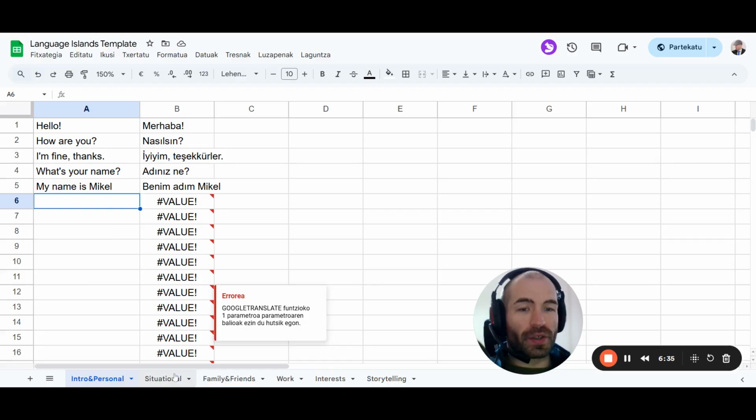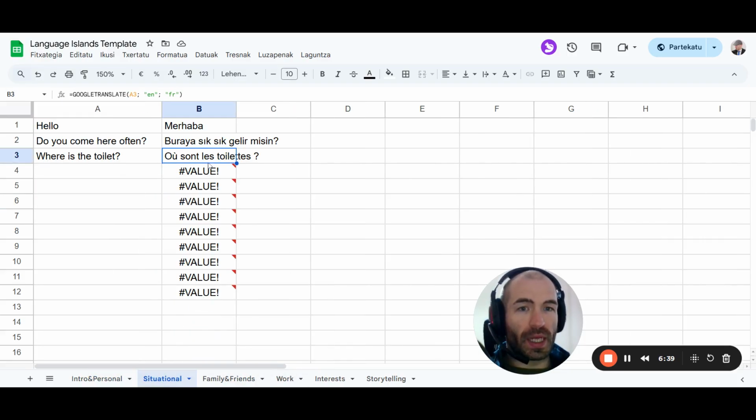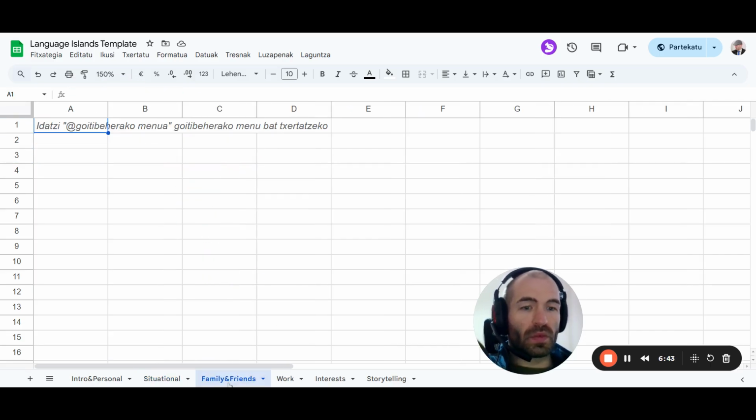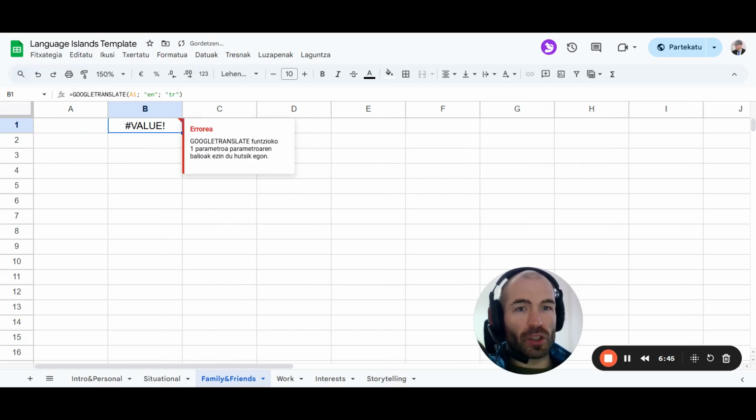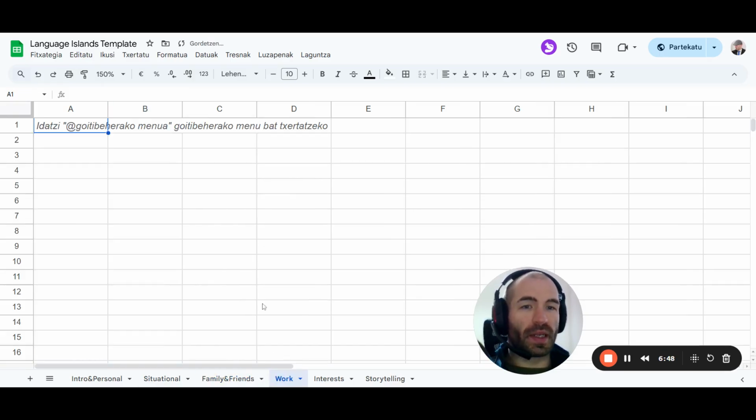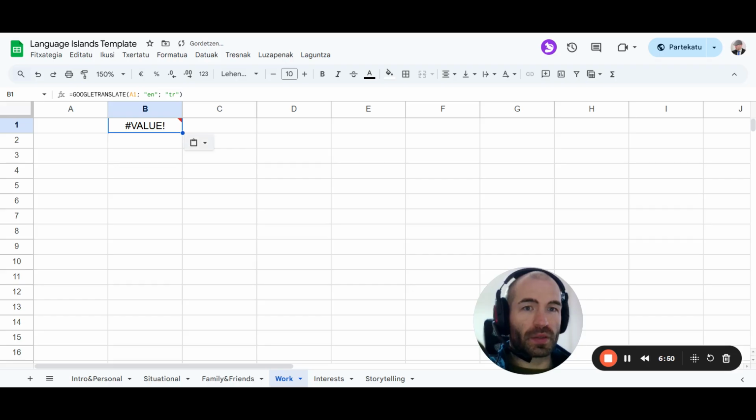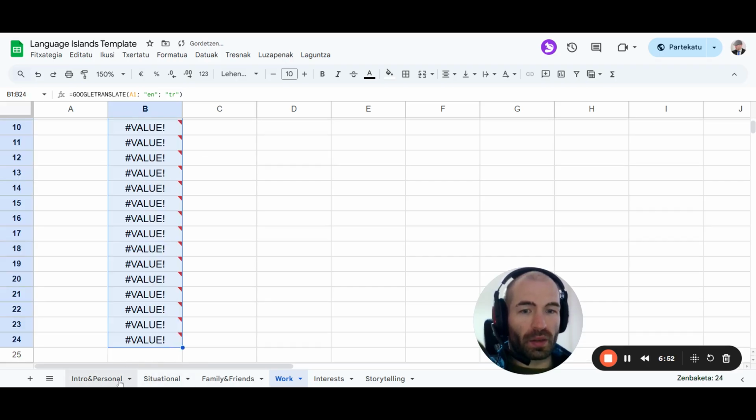But that's it. That's how you create language islands. So take this and start writing as much as possible. I recommend you learn at least 1,000 sentences like this. So that would be like a couple hundred sentences per